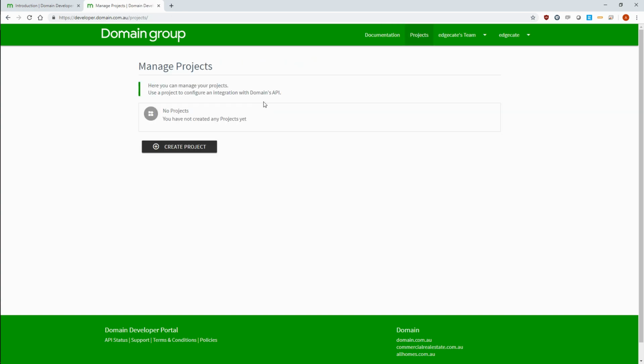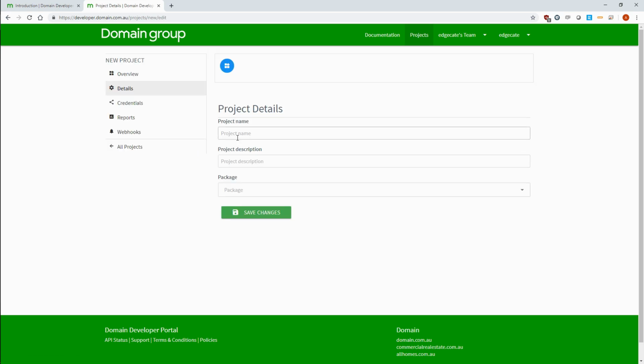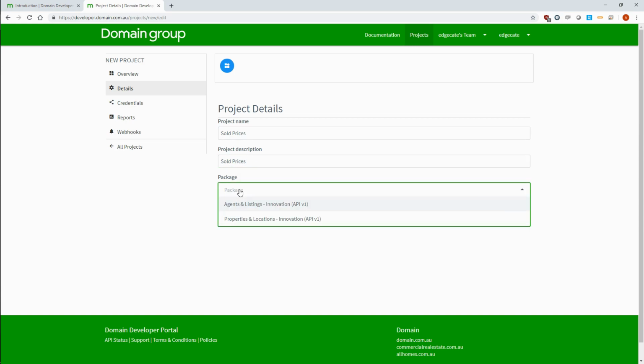So let's head to the Projects page, click on Create Project, and give it a project name and description. I'll call my project Sold Prices, and a description of what the project is about. We'll then get to packages, and we have the option between agents and listings and properties and location, which offer